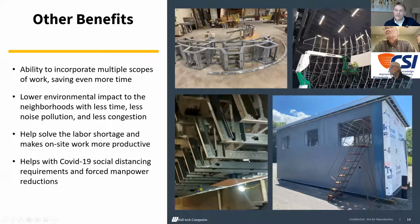Down in the lower right-hand side there, that's kind of an interesting job. We did about 5 penthouse units. We teamed up with the mechanical contractor. We built those mechanical units. They went on a school. So what we did is we prefabricated that whole unit. It kind of looks like a garage, but the cladding went on, the finished cladding, the roofing system. Then we had all the structural steel so they could pick that whole thing as a unit. So we shipped it to the HVAC contractor's